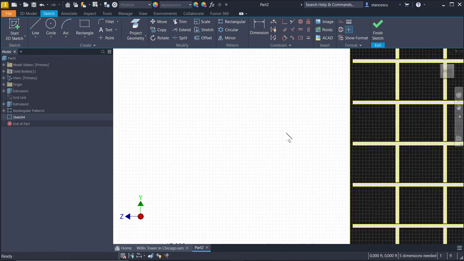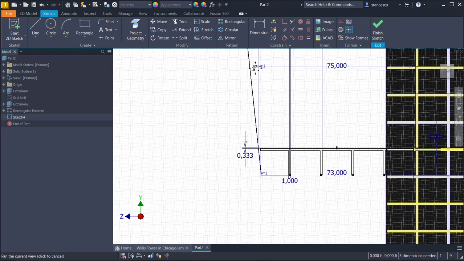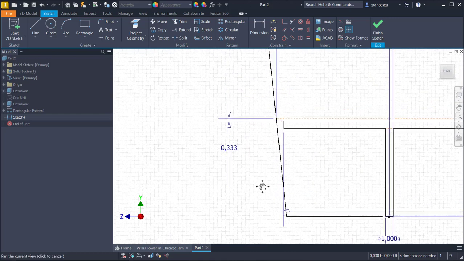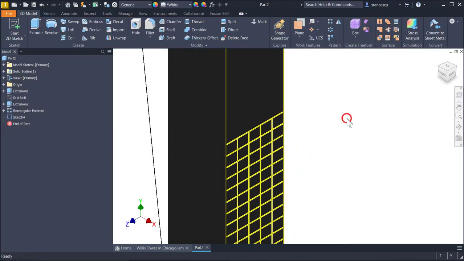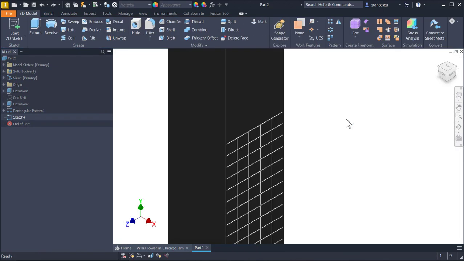Oh, what is this? Oh, finish sketch, Control Z, Control Z, Control Z, Control Z, because I have to edit this sketch,